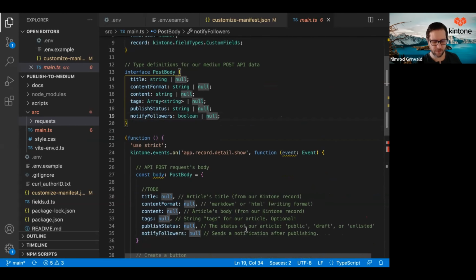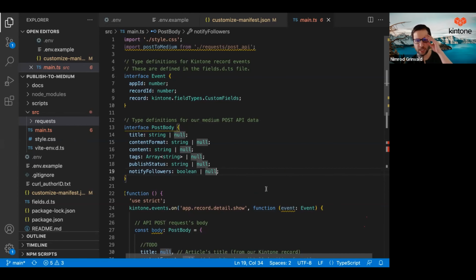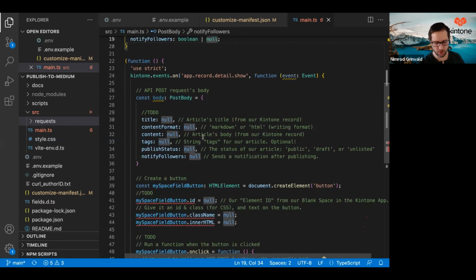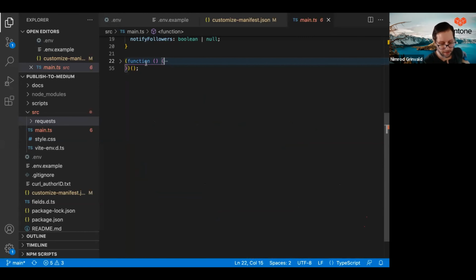So from here, we've defined these particular object shapes, and we've defined 2 of them, the event and the post body types. And now what we're going to do is run some code. Okay, well, this looks a little familiar. This function